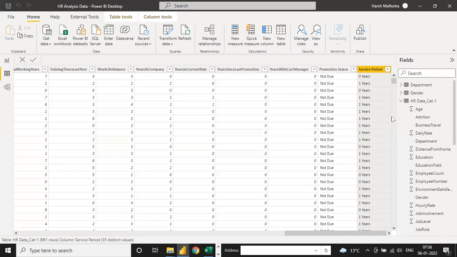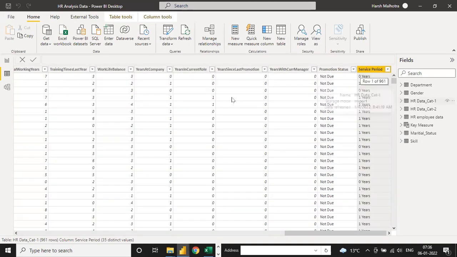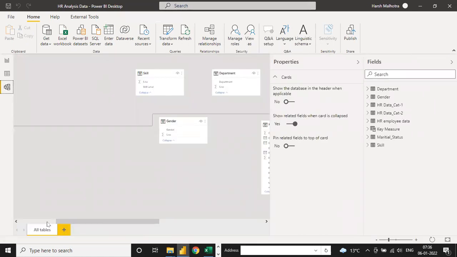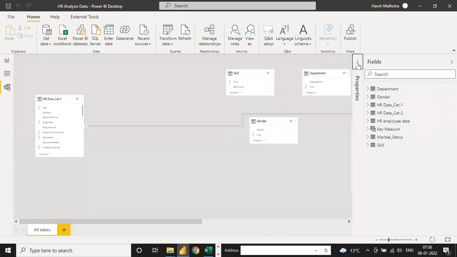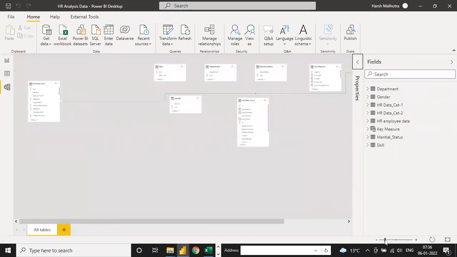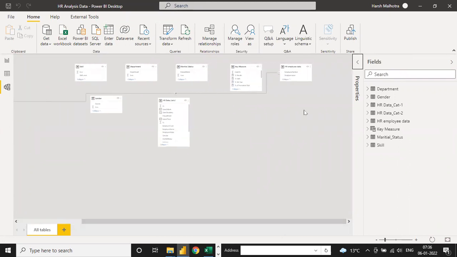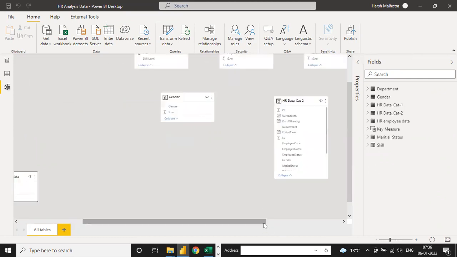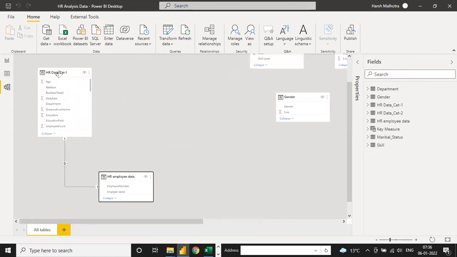If I go back and click on this data, go to the right-hand side, a little smaller, you can drag and drop this value into this column, and now you can enlarge it. Now you can see the HR category data and employee data are automatically connected through employee, this one, employee number to employee number, which is just a relationship.